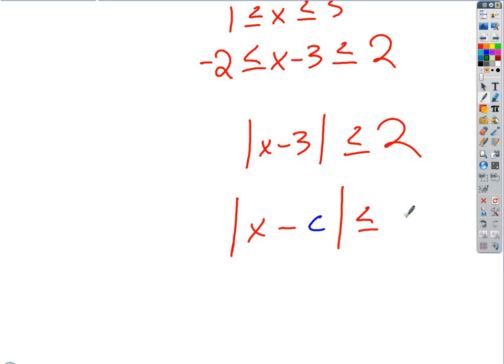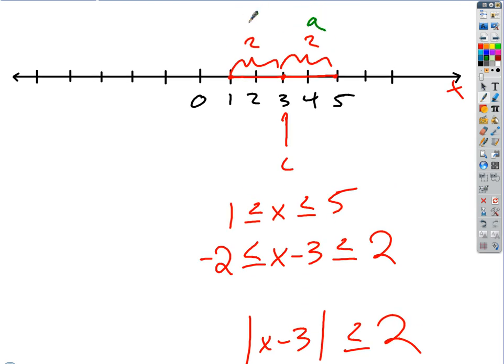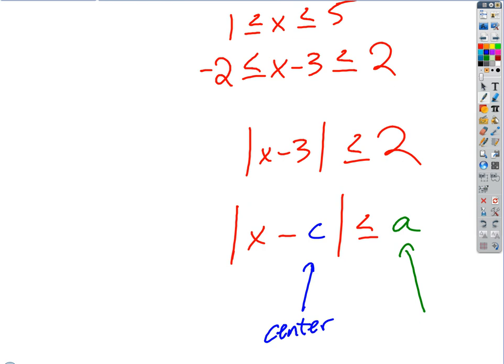We'll call that A. Anytime we write something like this, we recognize that this is going to be the center of the interval, and this is really just the spread, right? So this is like an A, and that's like our C right there. Make sense? That works, doesn't it? Right? Okay, so we could use that idea then,